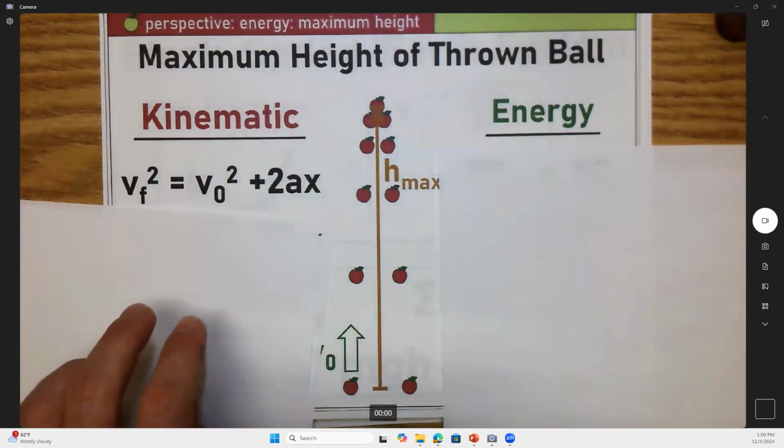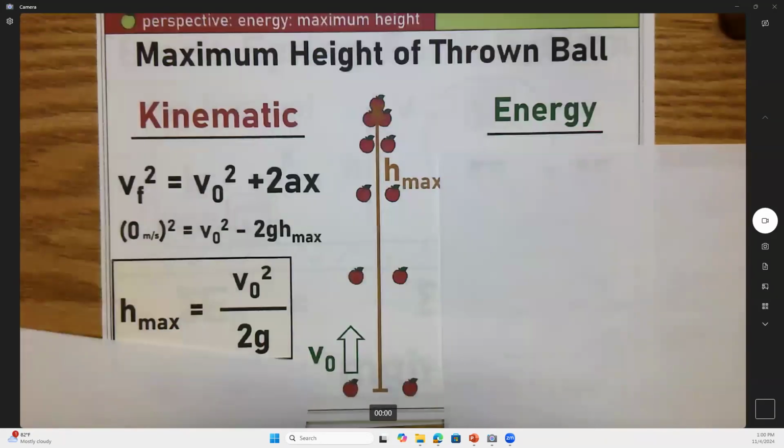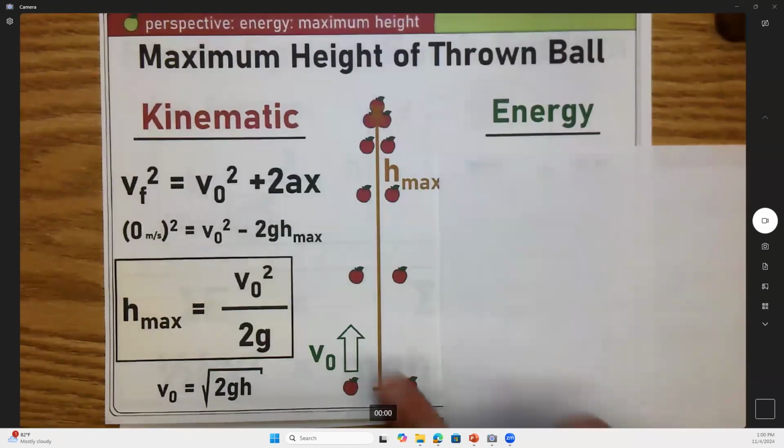Right now, if you want to solve for x based on h or h based on x, I plugged in some stuff. I got both answers here. So here's how high you can throw based on your throwing speed. Or right beneath it, here's how fast you're throwing based on how high the ball goes. Oh, look at that, there's a square root of 2gh showing up all over again, isn't it? Look at that, it's not going away.